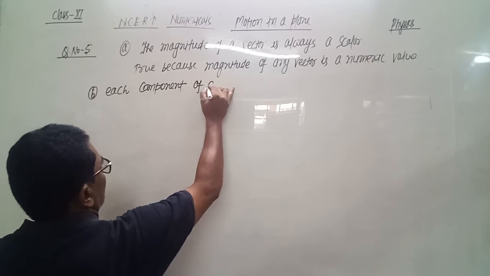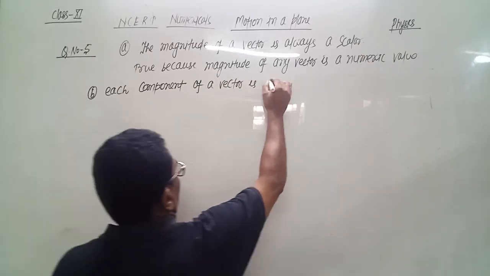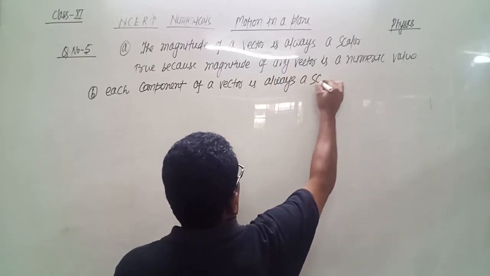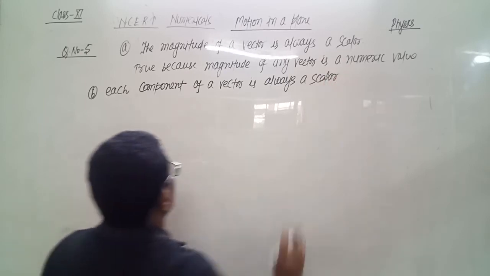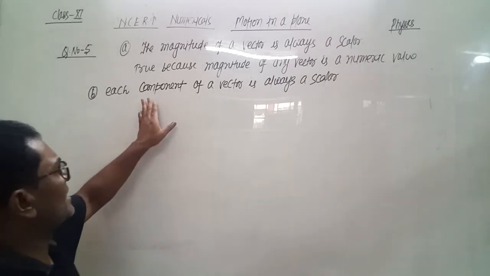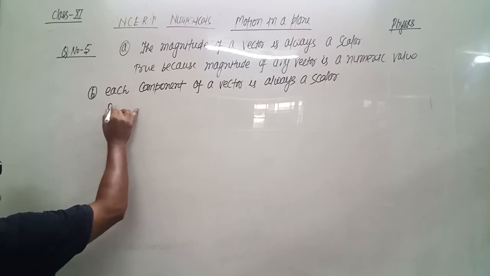Each component of a vector is always a scalar. We have to say whether this statement is true or false. So this statement is false because each component of a vector is not a scalar but it is a vector. So this statement is false